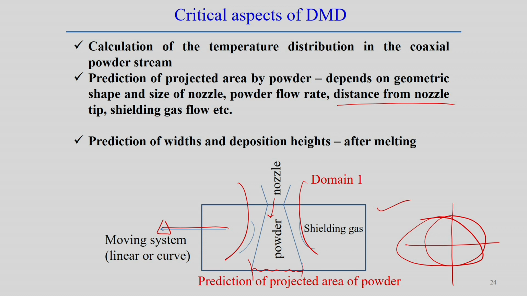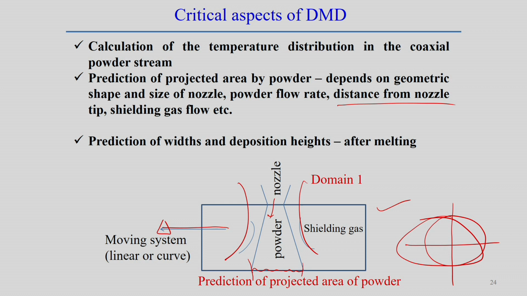If we consider the moving source, in what way we normally tackle the moving heat source problem in case of welding processes, similarly we can tackle this DMD technology also. And of course, it is possible to estimate the projected area for a moving laser or for a moving powder flow. In those cases we have to consider the effect of the velocity with a similar strategy as the welding process.